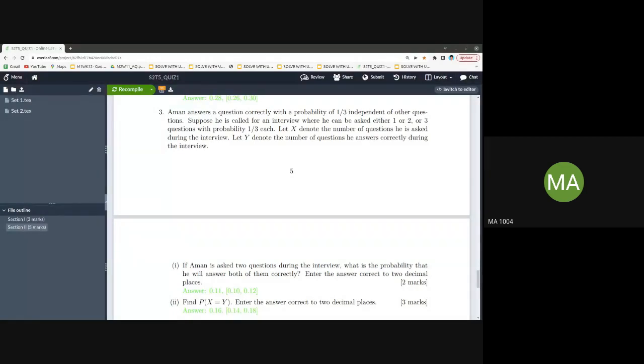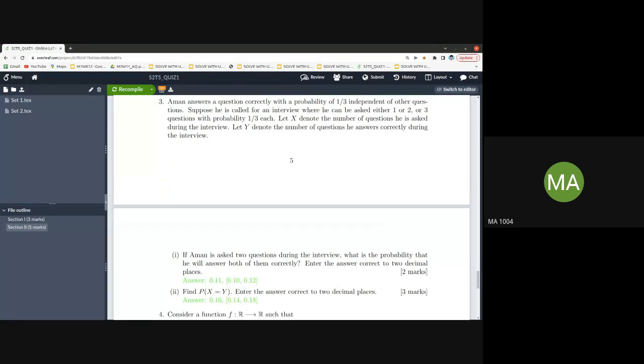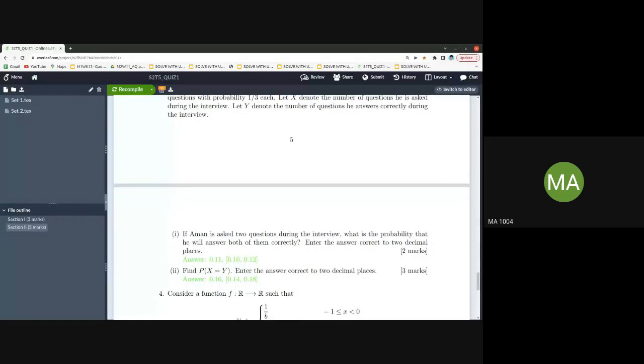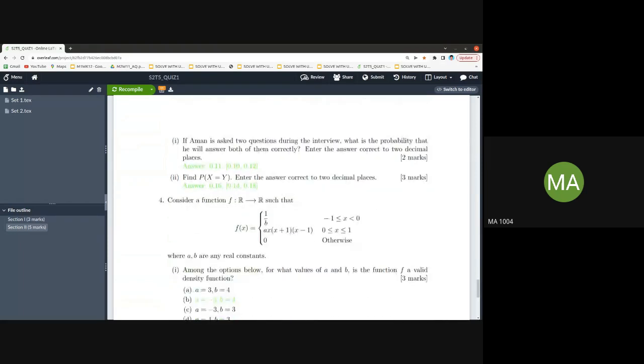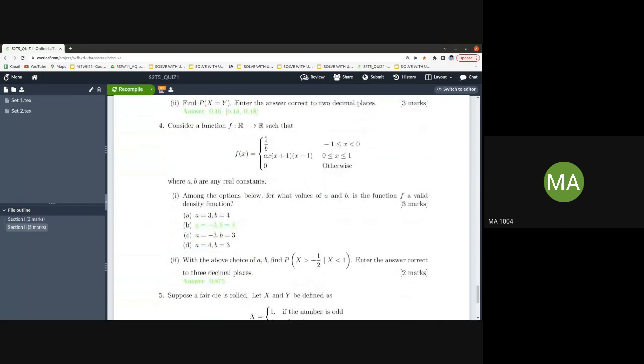Okay. So the Aman question, I don't think it is that difficult. You just have to make that joint table. Once you can get the joint table, it is very easy. Otherwise it's basic probability questions; they are just conditional probabilities being asked. You can calculate it. And what about this fourth one? Were you able to get the values of A and B? Yes, even this thing we discussed.